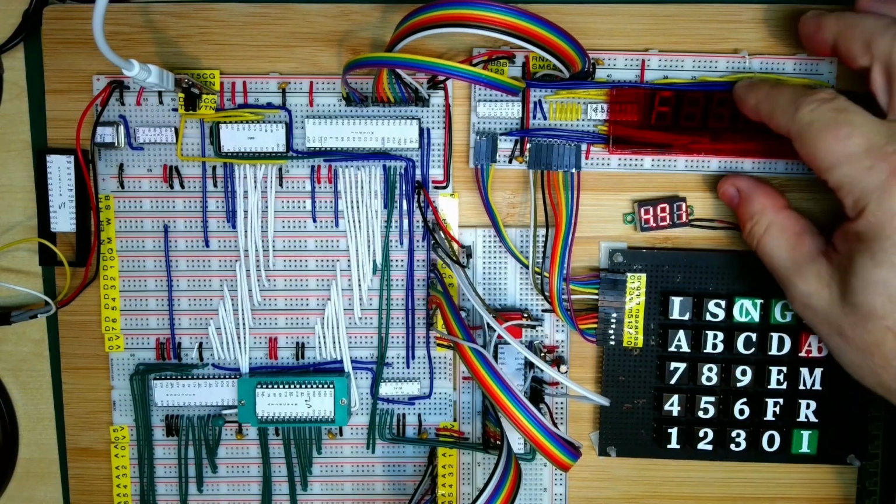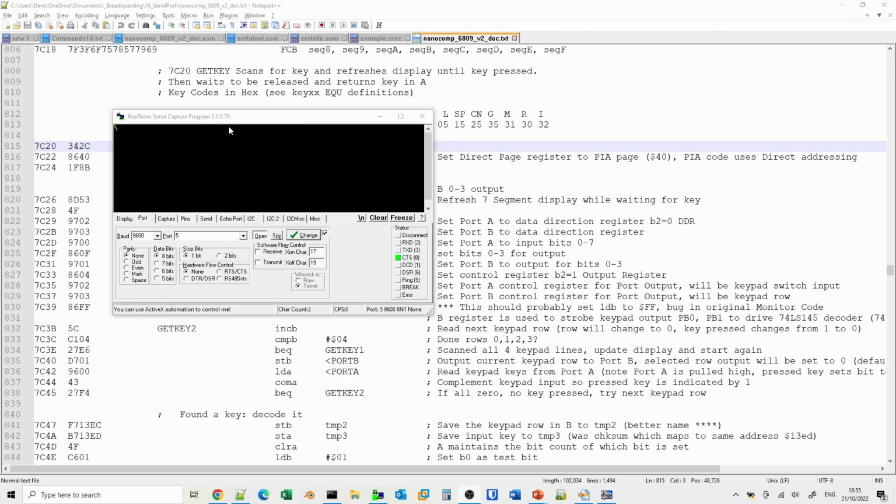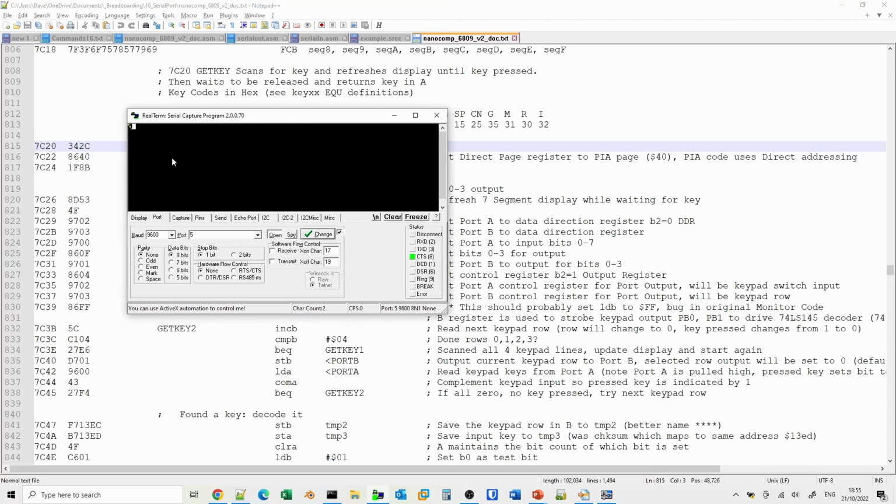So I think what we'll do, 7800, and you can see here it's asking me for the finish address. So what I'll do is I'll do 78FF. Now I'm going to press the last F once where I switch to the screen. I'm now going to screen share, and hopefully you can now see real term. And what we'd expect to see here will be when we hit the F, we should see a number of rows, probably about 16 rows of S record format.